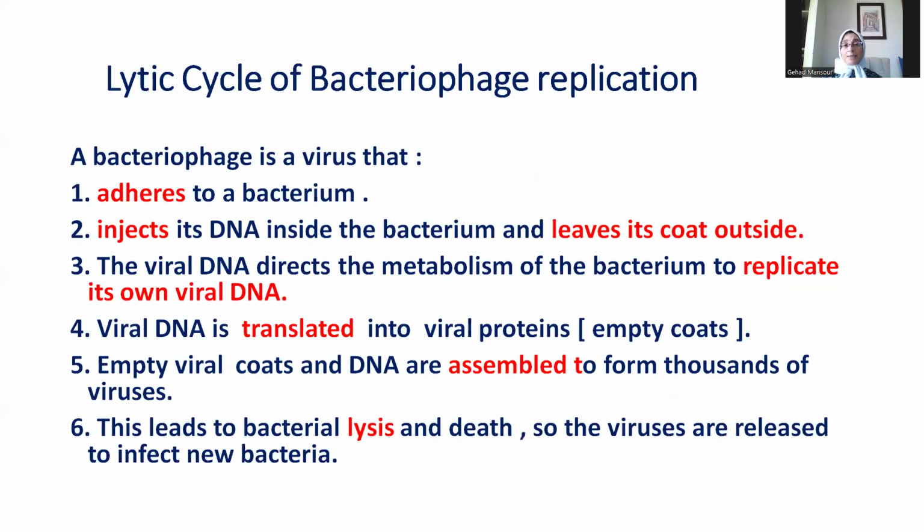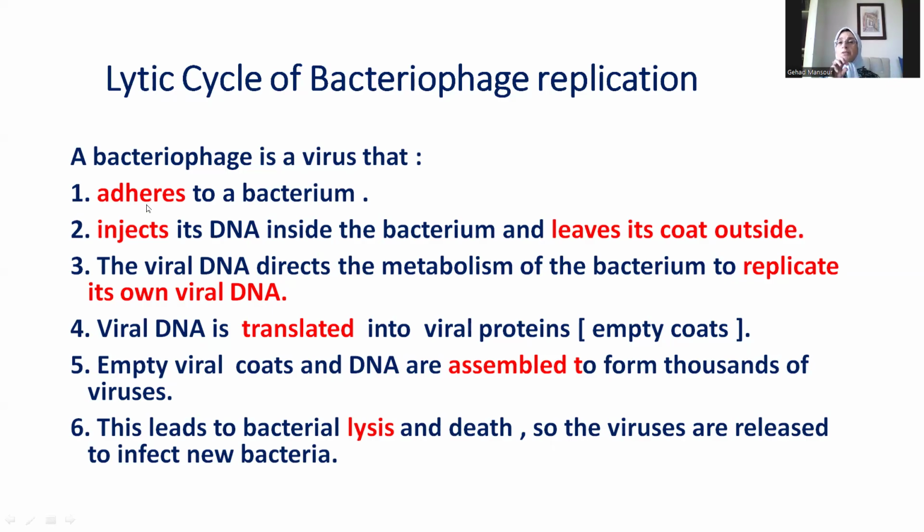Now, how does the bacteriophage replicate? There are two methods of replication. The most famous one that occurs most of the time is the lytic cycle. We call it a cycle because it is a series of events that repeat themselves. And we call it lytic because it ends up by lysis of the host cell. I'll explain it on the slide because maybe the diagram is too complex for some of you.